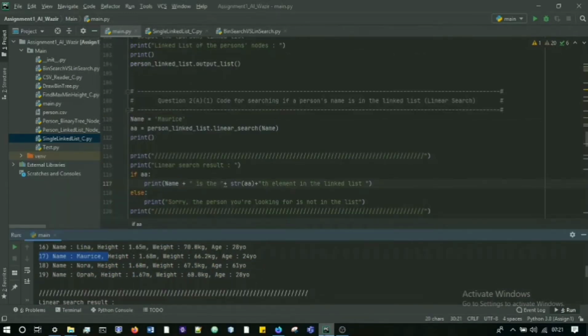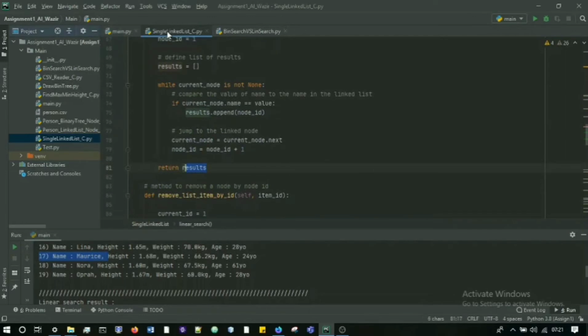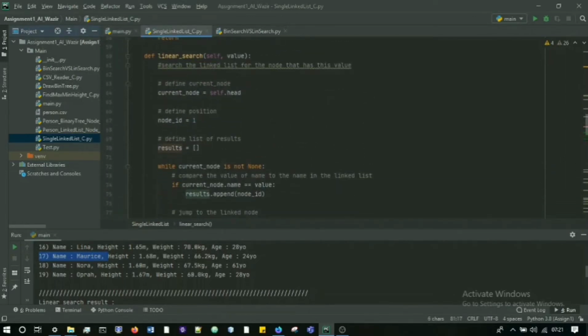So the next part is question 2a, right? In this part, we were asked to do the comparison between a linear search and a binary search of the linked list that we created earlier in question 1. If you look here, here is the main file. This is where I actually call the linear search method. It's in the single linked list class. If we look at the code closely,